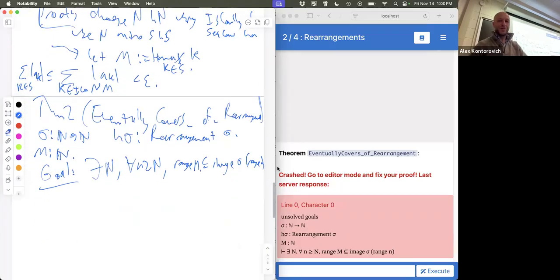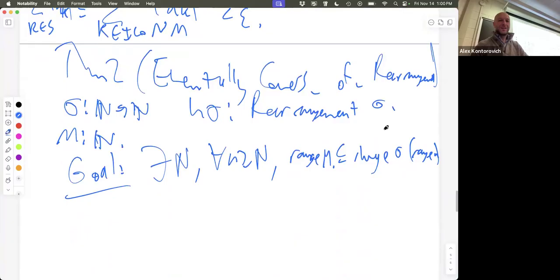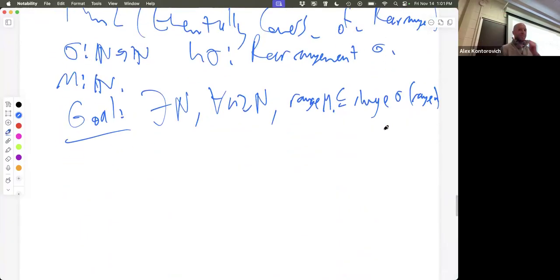This is actually very simple to prove if you think about it for a second. What's the idea? Yes. Take like the max of sigma 1 to n. That's a good idea. The problem with max of sigma 1 to n is that, remember what sigma is doing. Sigma is putting the first number over here. This is 1, and this is 2, and this is 3, and this is 37, and this is 25. So how do I guarantee?